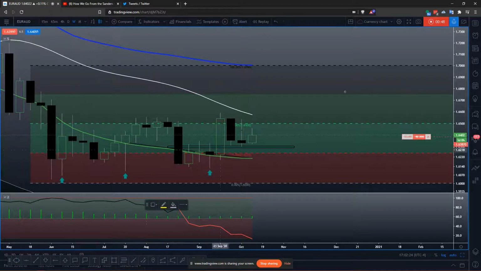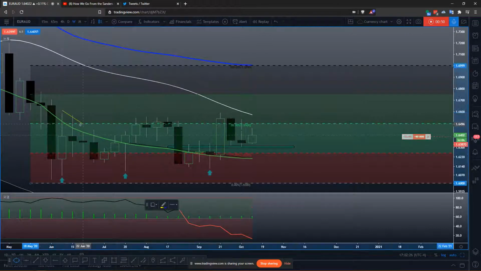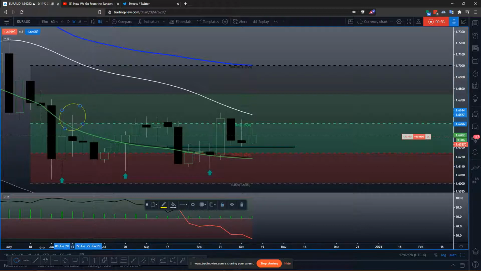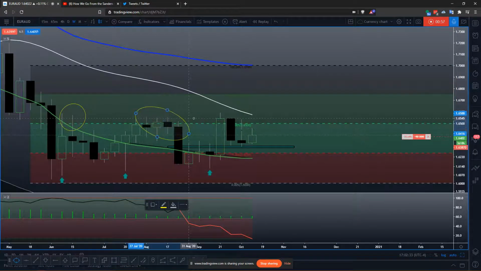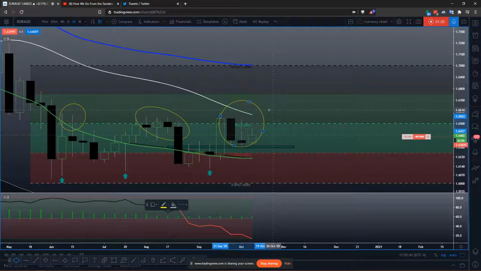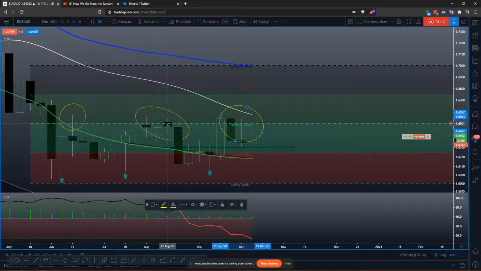Over the past couple of weeks, this has been a very contentious zone. Sometimes we have come up here, bounced directly off and gone straight down. Sometimes we have actually held this line. But the one thing that we have not done is had a close above it, and I'm not really considering these two closes just because